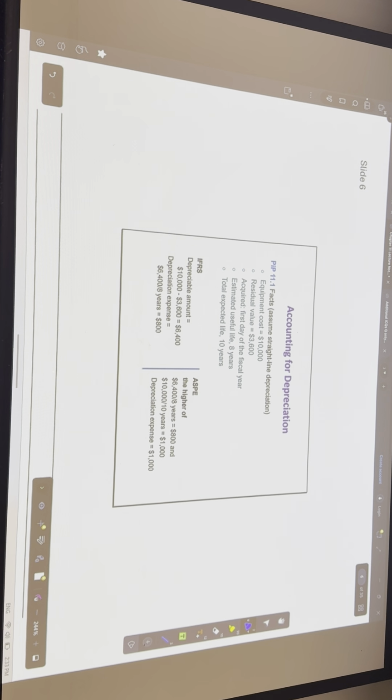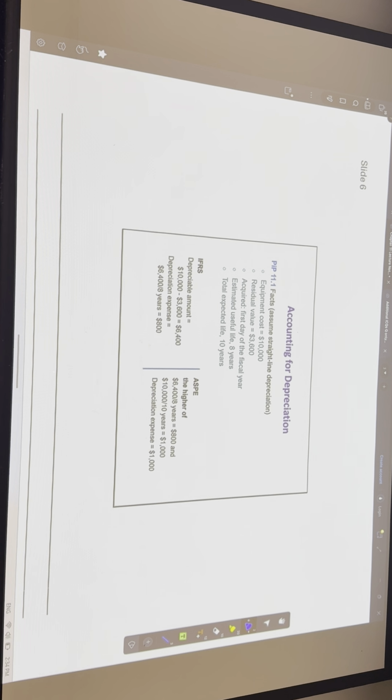So I've got some examples here, you guys, and I'm going to skip these examples because you're going to go through them yourselves. They're not difficult, and you can see that in this example, the IFRS depreciation is going to be $800 per year. So we take the cost less the residual value, that gives us 64 divided by how many years? Whereas ASPE is the higher of these two numbers, and notice the 800 is the same as this one, and then the other one is